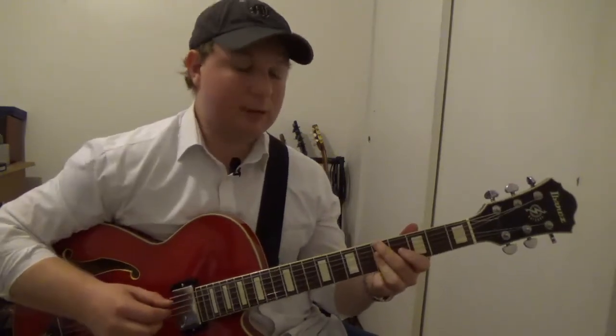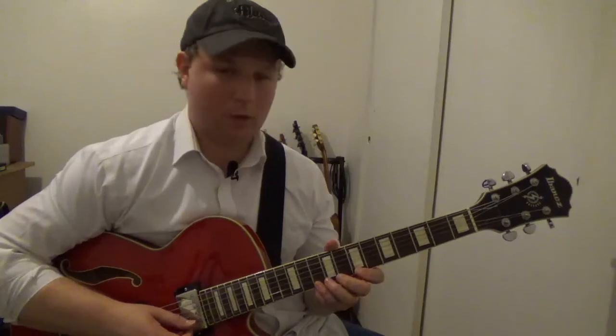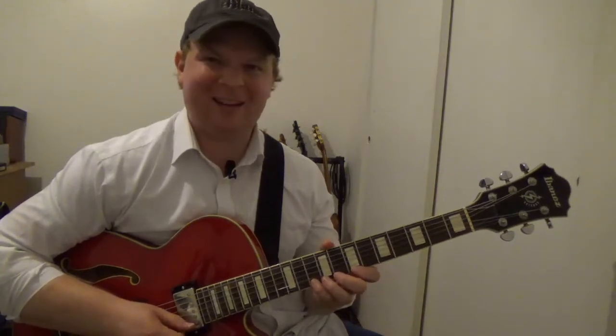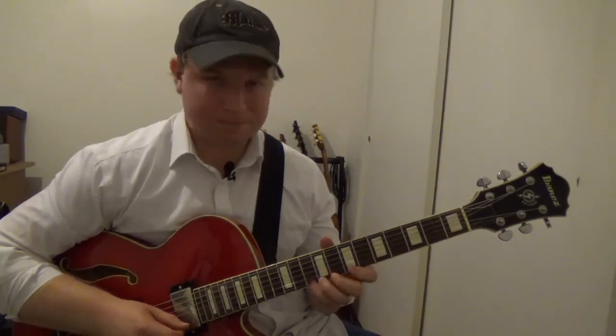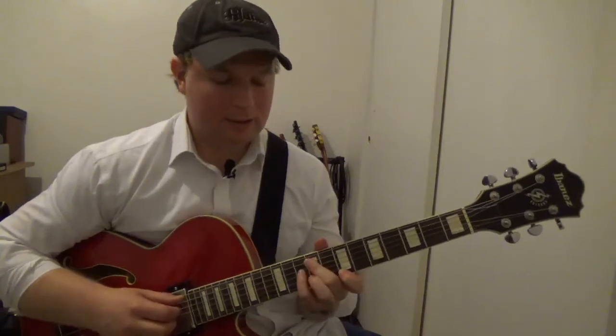Here we're going to do something a little bit different. Before we had that nice kind of falling slide. Well, now we're going to do some pull-offs on the high E string, starting here at the 10th fret. A little chromatic pull-off down to the B there. I do a little hammer on there. A little trill into this chord,